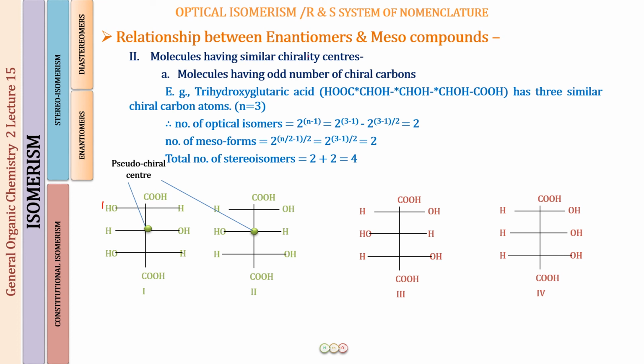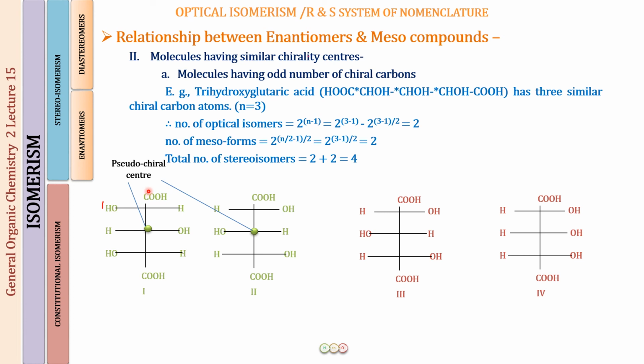Okay. So when we start from the center carbon, this is going to be C3. If you look at this side, we have a similar group. This side you have a similar group. When you move on to the next set of chirality centers, these two chirality centers will again have similar groups. For this one, it is going to be OH, COOH and H, and for this one also it is going to be similar groups. So that is why we say that it has 3 similar chirality centers.